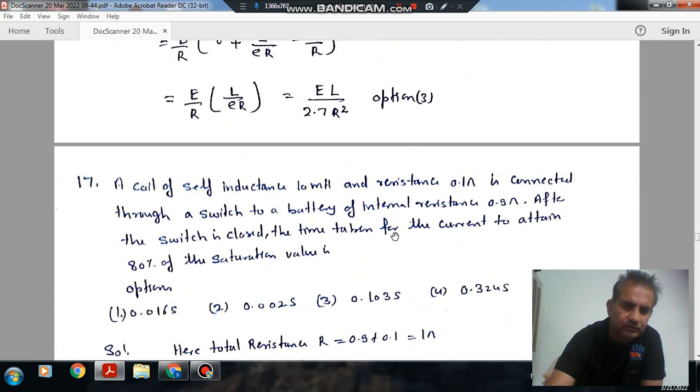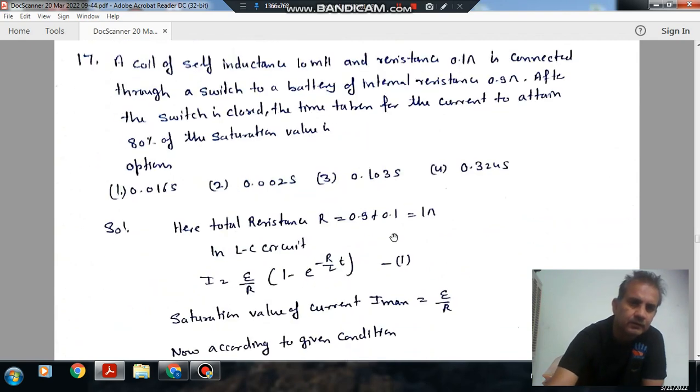That is a simple derivation. Okay, next: a coil of self inductance 10 millihenry and resistance 0.1 ohm is connected through a switch to a battery of internal resistance 0.9 ohm. After the switch is closed, the time taken for the current to attain 80% of the saturation value is